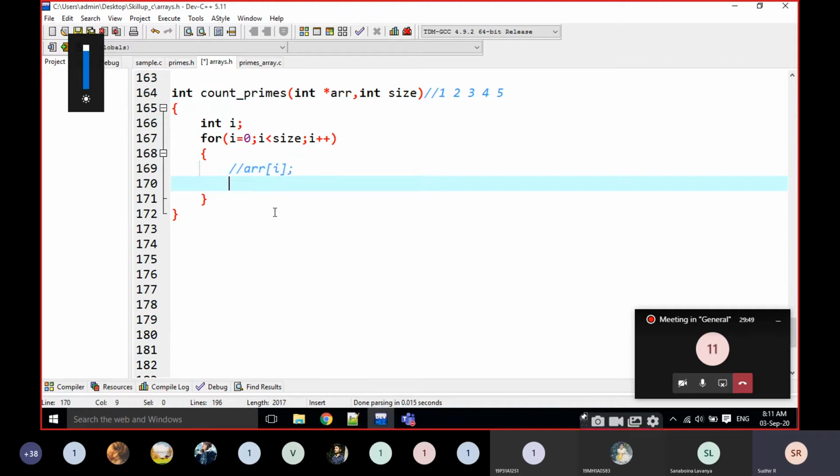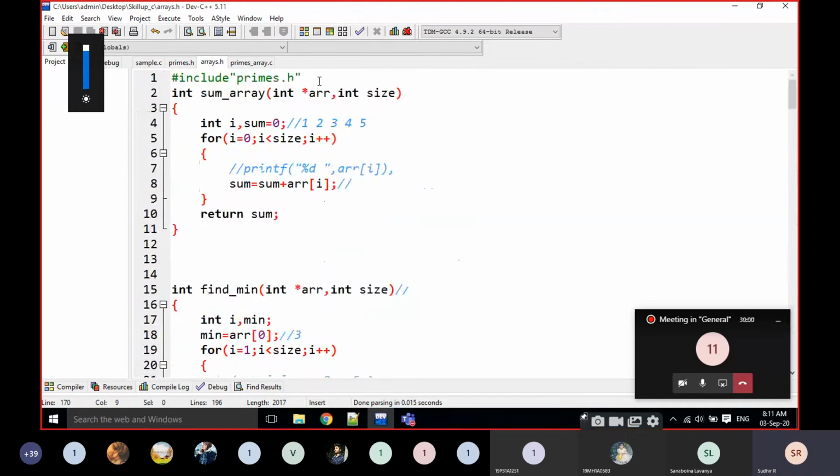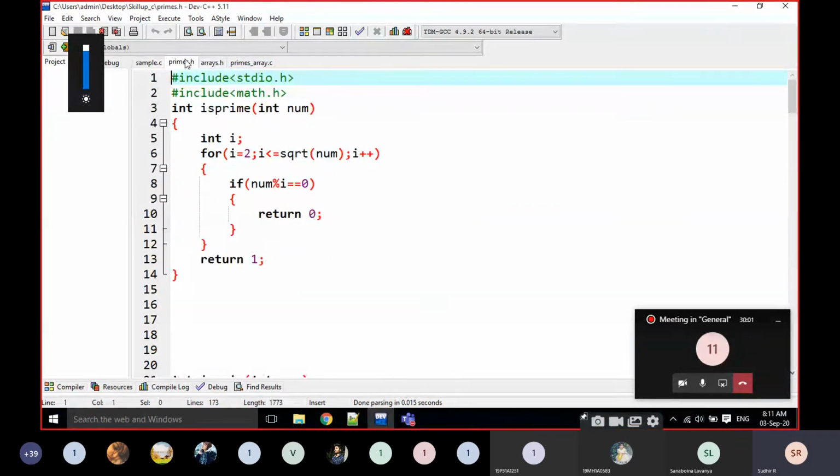Now I am going to check whether the number is prime or not. We already imported primes.h, right? In primes.h there is a function that is used to find whether a number is prime or not. The is_prime function is there, right?